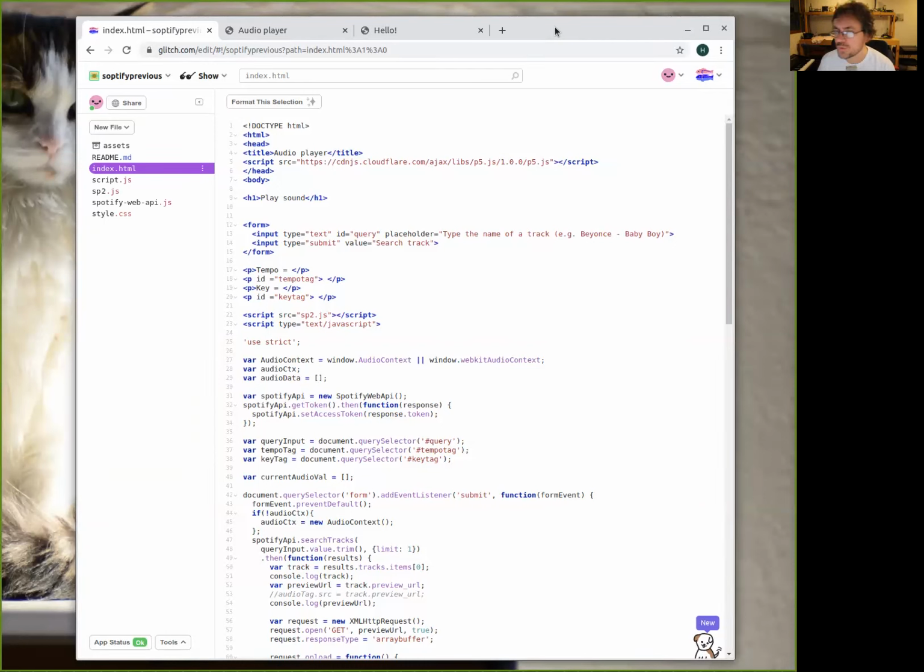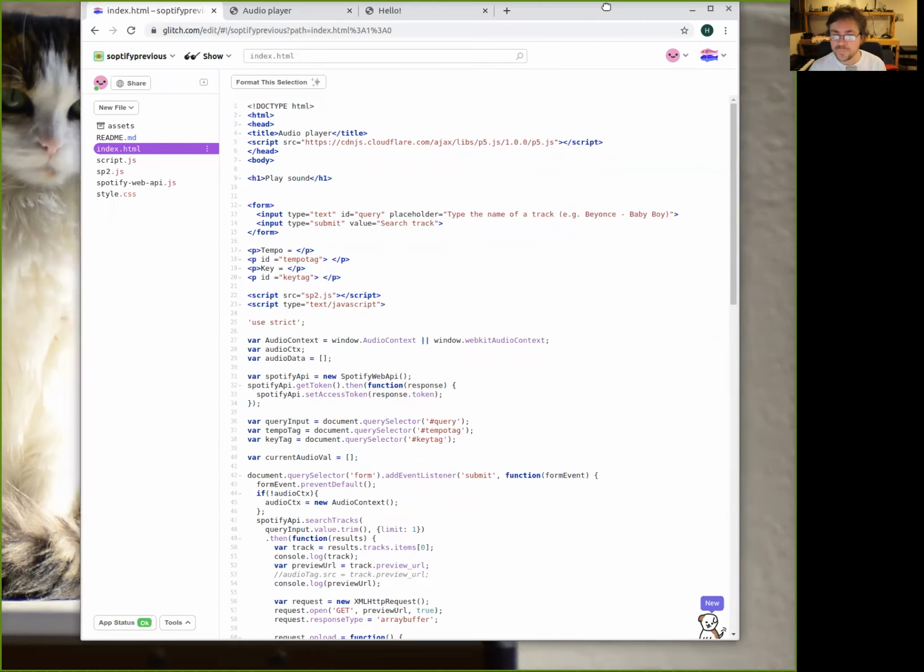What I want to do today is connect Web Audio API with Spotify, and the graphics. Could you please make a quick review, with a lot of emphasis on the audio features? How do you code and manipulate them?